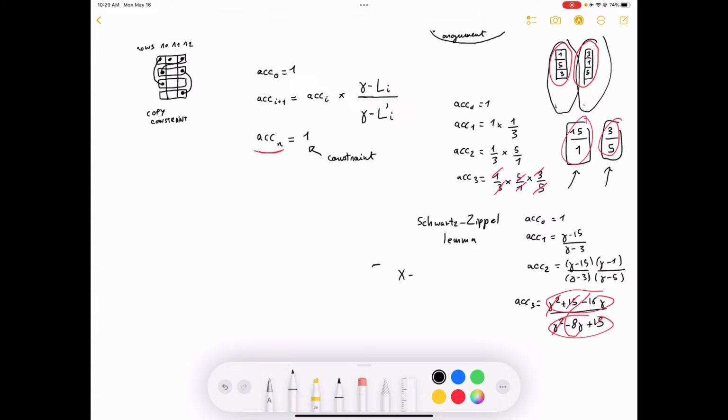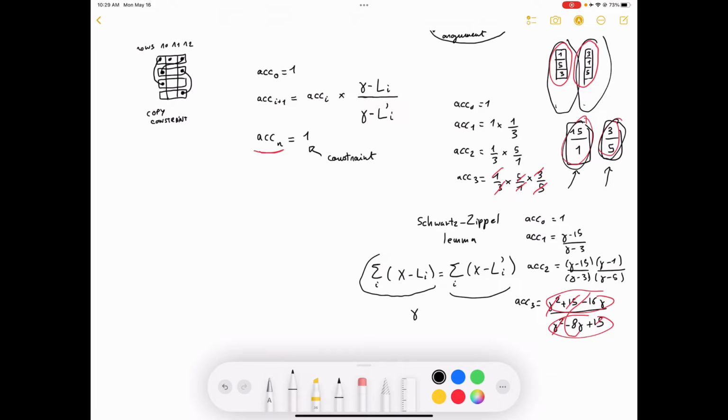then maybe let's write it like this. This polynomial is going to be equal to this polynomial in most points. And if these polynomials differ, so if the coefficients here differ, then these polynomials are going to be different in most points. So you can just try it at a point gamma, and if they differ at that